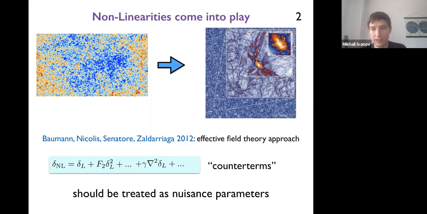Most importantly, this relation, this Taylor expansion if you want, involves some free coefficients, which are called counterterms, and you should think of them as effective parameters like the viscosity for normal fluids. We know that viscosity is generated by complicated molecular processes, but on large scales it's just one number, so you don't need to worry about these processes. The very same situation takes place for galaxies. Even though their formation is very complicated, on large scales all the properties of this complicated physics can be encapsulated in a finite number of coefficients, which are called counterterms, and those should be treated as nuisance parameters in the data analysis.